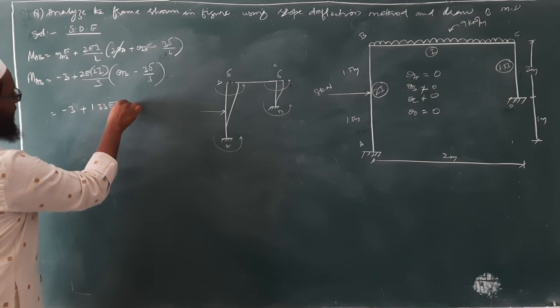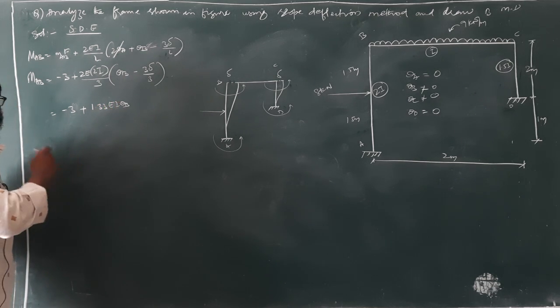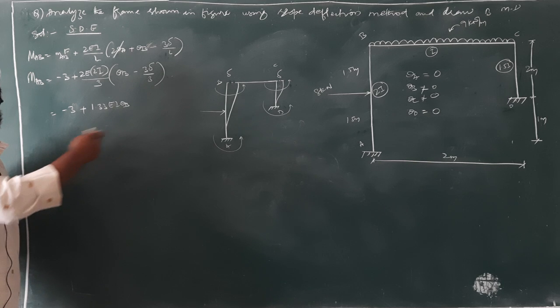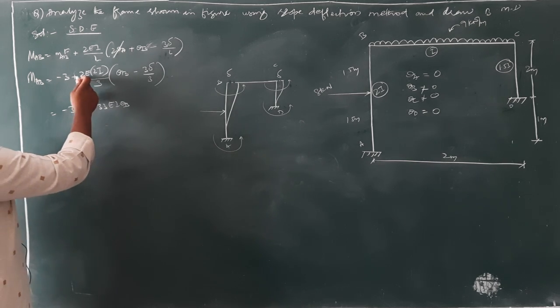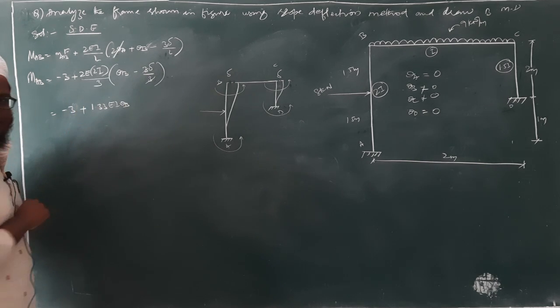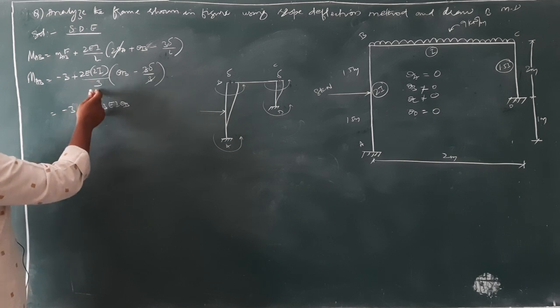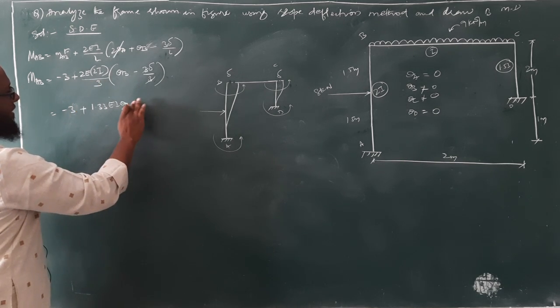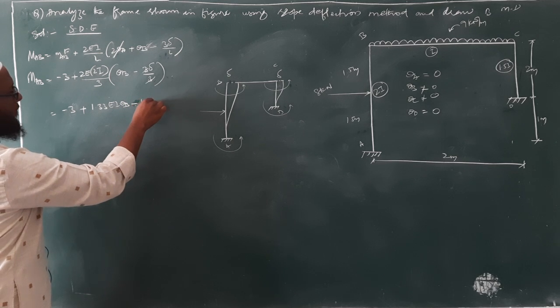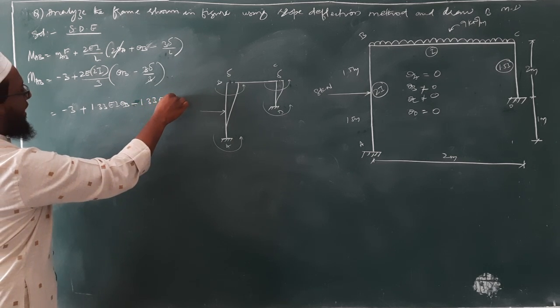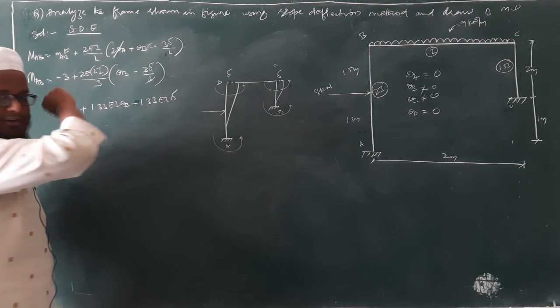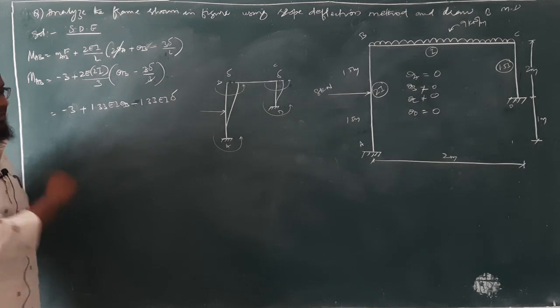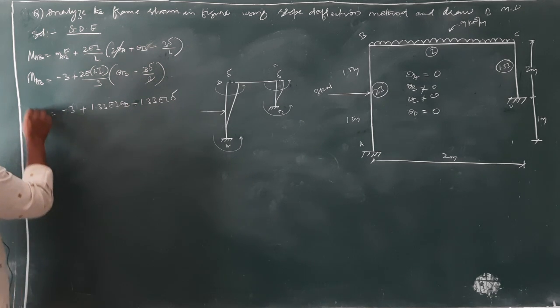1.33 EI theta B. Am I going correct? Please correct me if I am going wrong. Okay, so what about this one? This one and this one will get cancelled. So 2 2s are 4 by 3. Again minus, right? Minus 1.33 EI delta. Don't say theta B or theta C, right? It's delta. So this is